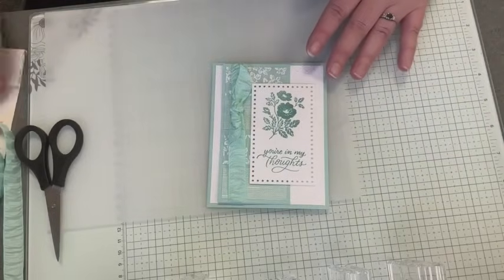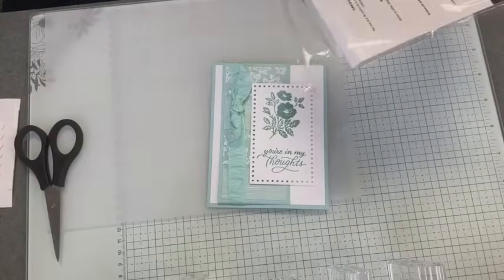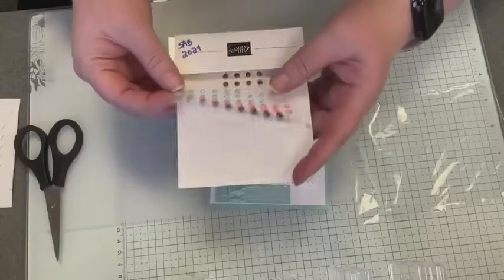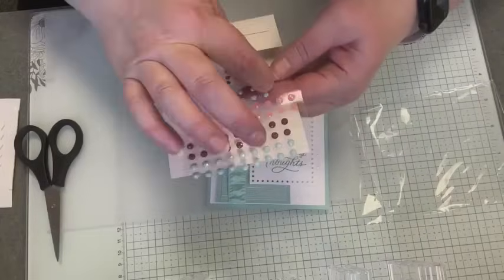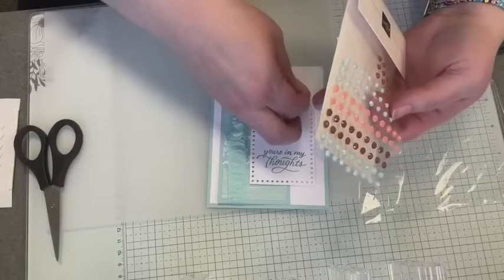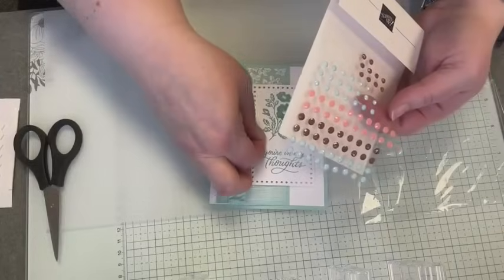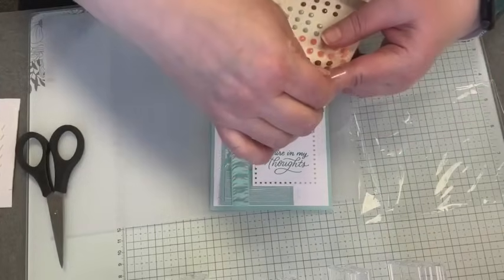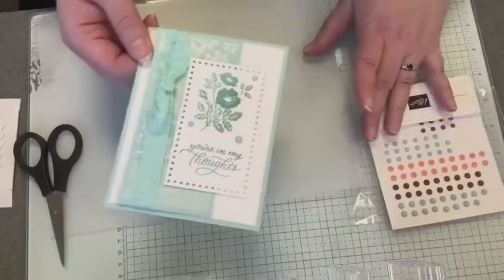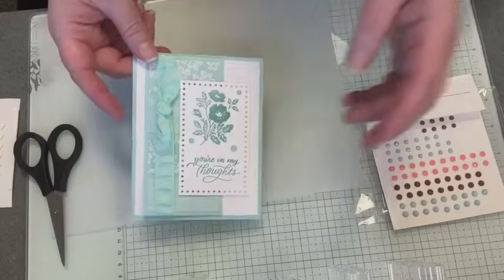Okay, so we've put that on there and we'll finish the card off with these opaque faceted gems because they come in Pool Party. I think they're Pool Party. They might be Balmy Blue now that I think about it, but they match this card, so that's what matters. I'll take a large one right there. So there we have You're in My Thoughts with that Softly Sophisticated